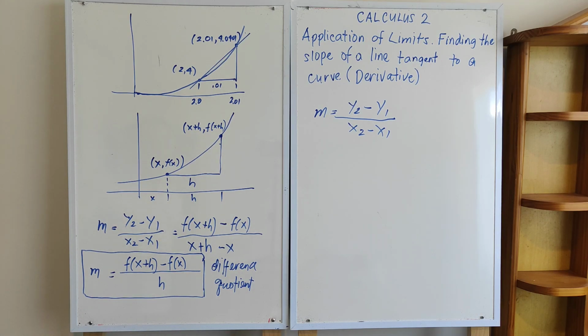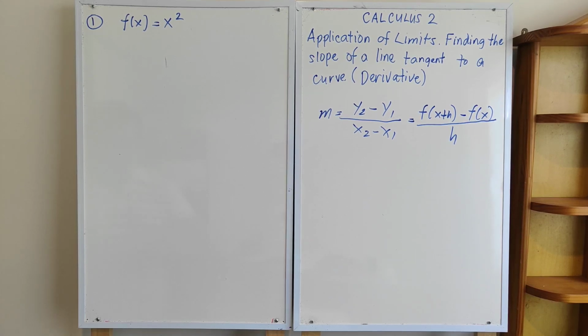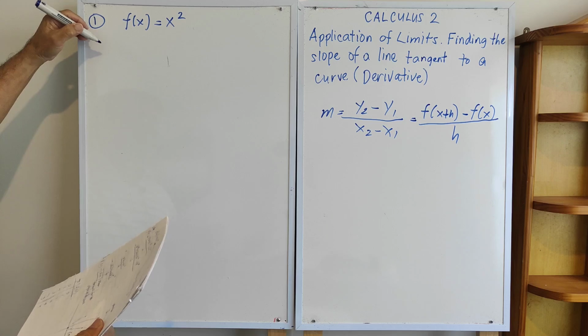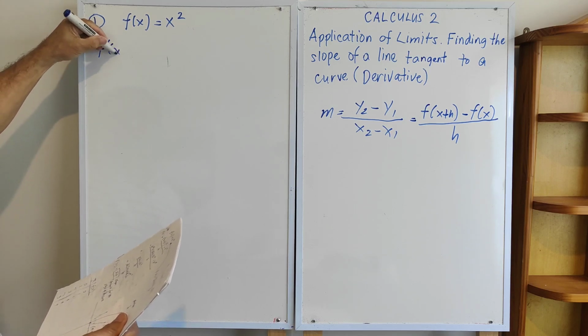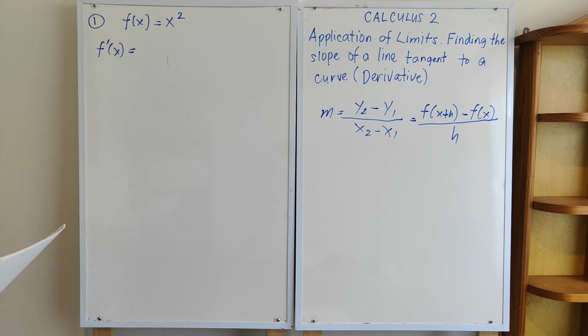Now, we can try to get examples and use this difference quotient to get the slope at any point in the curve. Example 1, the first example, we will use the previous curve to get the general formula for the slope. So the derivative or f prime x for this curve is,